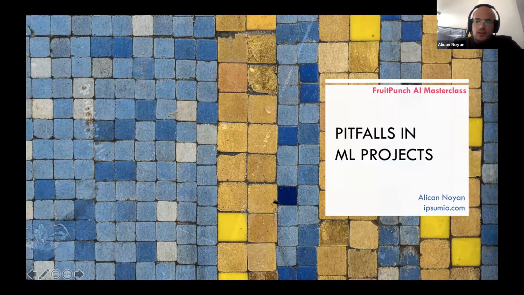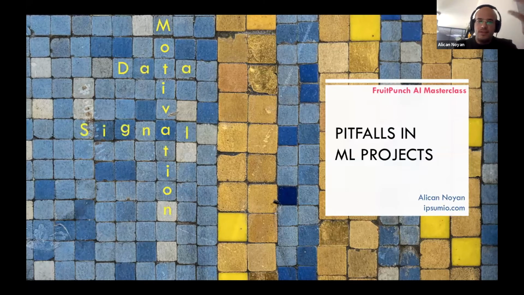So today I'll talk about possible mistakes in machine learning projects. First, I wanted to give you real examples. This will be the motivation. Then I'll talk about data, signal and noise, and their relationship. The reason is if you can understand this, you can avoid, let's say, 90% of these pitfalls. So I think this is a really fundamental relationship to understand. And then finally, I'll explain the challenge.